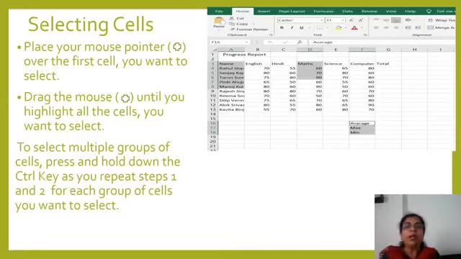So it will get selected. To select multiple groups of cells, press and hold down the Control key from the keyboard as you repeat steps 1 and 2 for each group of cells you want to select. Now here, see, multiple cells we have selected from the name column. Now multiple cells from the maths column we want to select. So what you have to do, I just now read. After selecting a few cells in the first column, press the Ctrl key and keep it pressed.